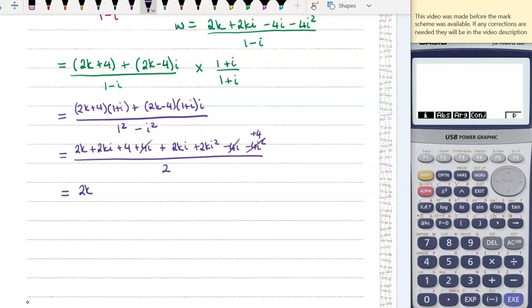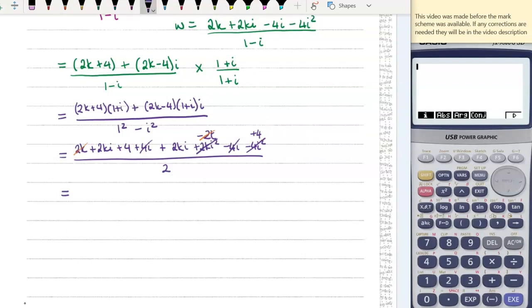I just spotted we've got another i squared going on here. So this becomes minus 2k, and it cancels out this 2k here. So 2k minus the 2k. Let me just use a different color here. So that 2k cancels with that minus 2k. We've got a 4 and a 4 there. So we have 8